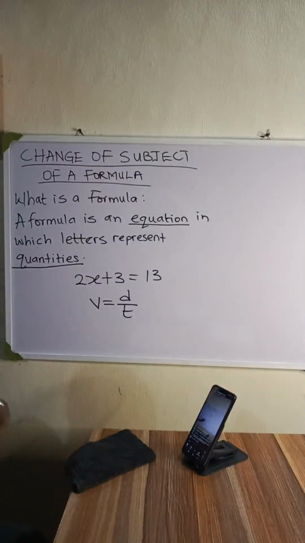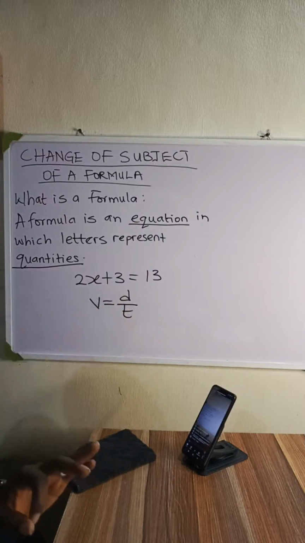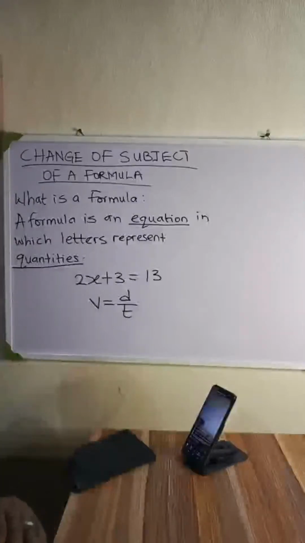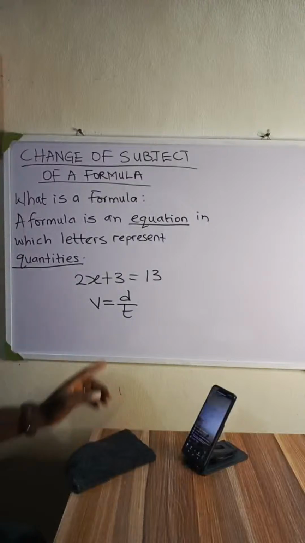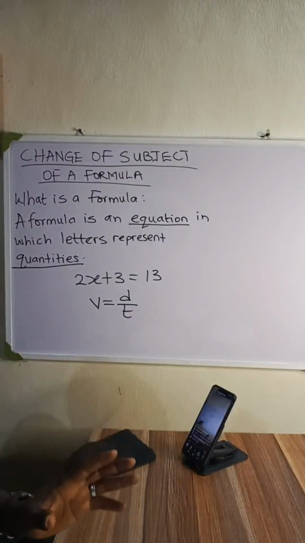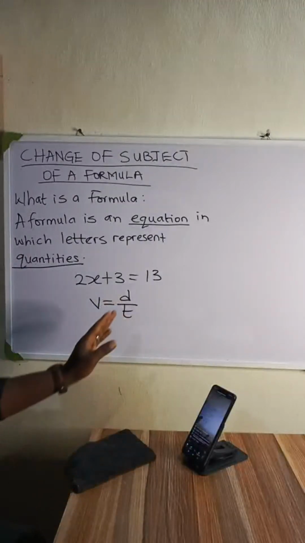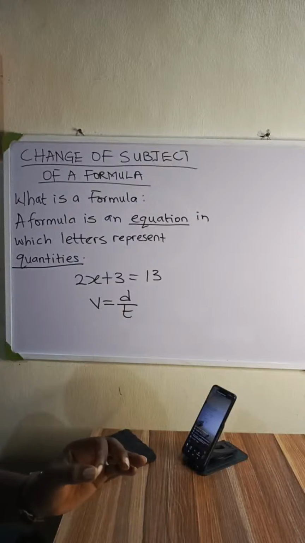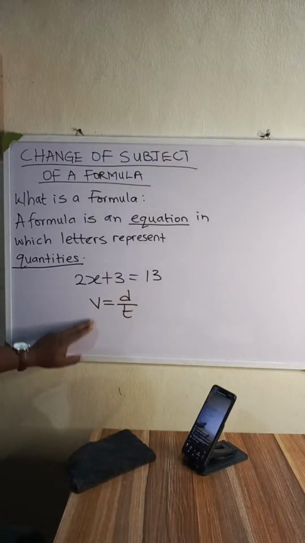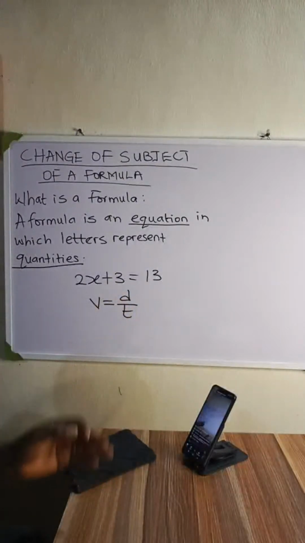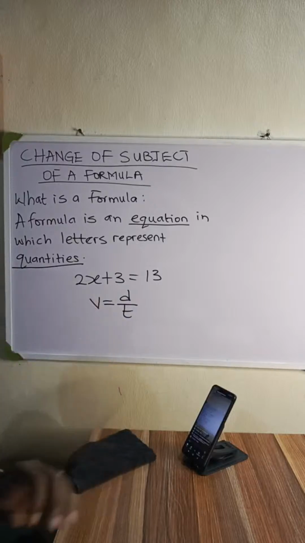It is a formula because these letters here represent quantities. Okay, so they are not just arbitrary values, they are real quantities. V represents velocity, D represents distance, and T represents time. So because the letters in this equation represent quantities, this is not just an equation, it is also a formula,